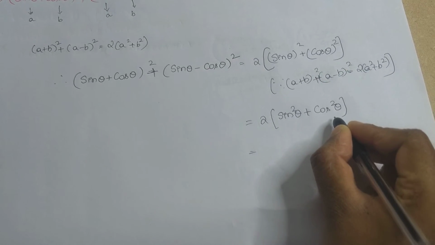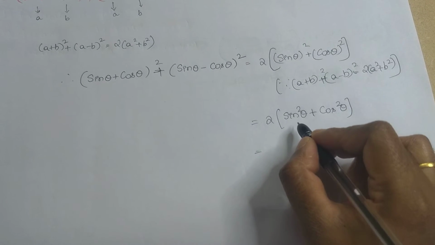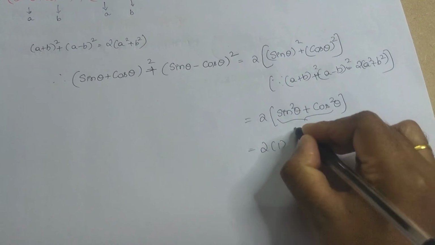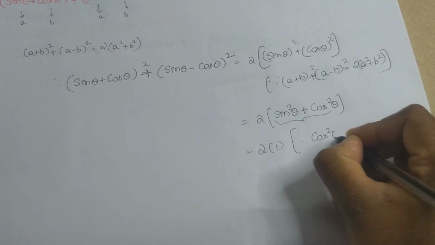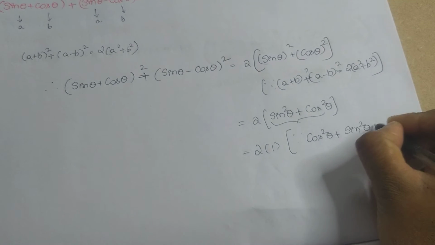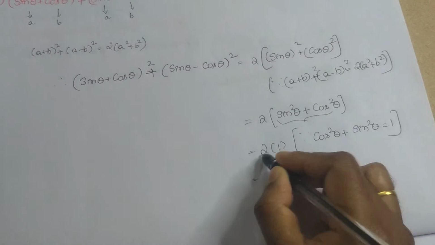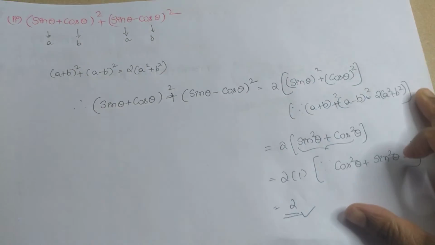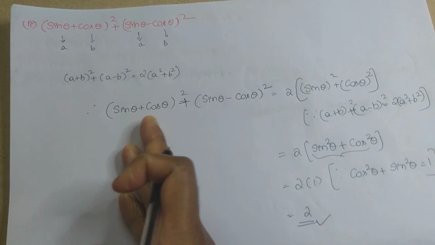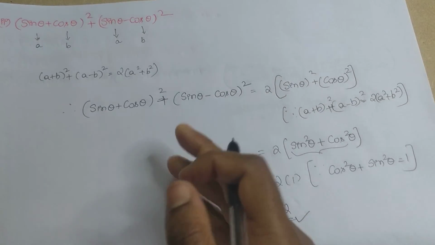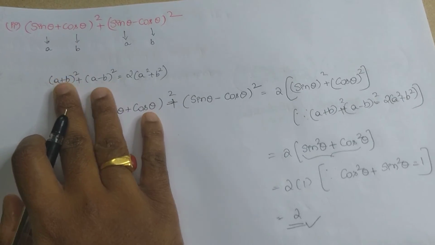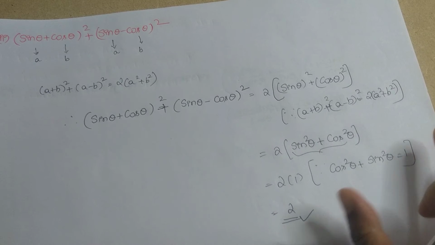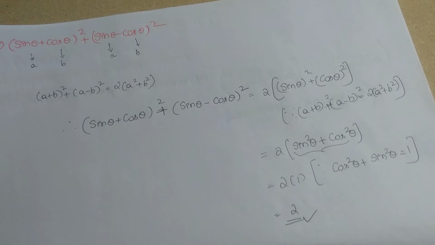So as per the trigonometric identity which we have proved, cos square theta plus sin square theta equals 1. In this place we can substitute 1. 2 into 1, write in brackets, since cos square theta plus sin square theta equals 1. So 2 into 1, you'll get the answer as 2. Simple it is. It's based on the formula. It's the easiest way. In case you want to elaborate this and substitute everything, it's up to you. This is the easiest formula, I feel. Just write the same formula, substitute it and put the trigonometric identity formula. It's simple. So let's solve sub question 3 now.